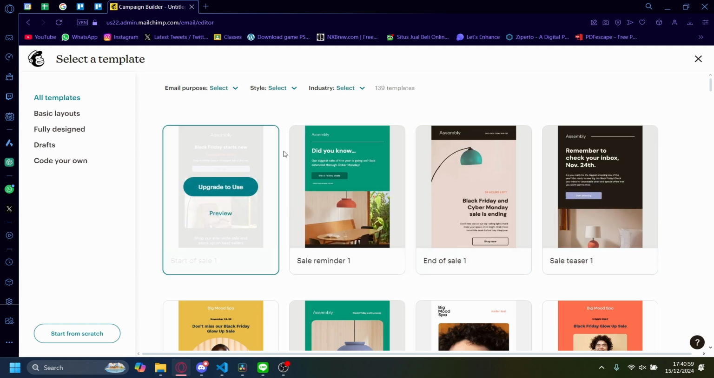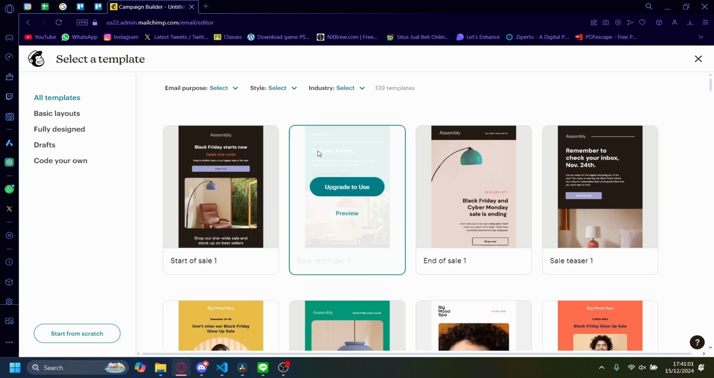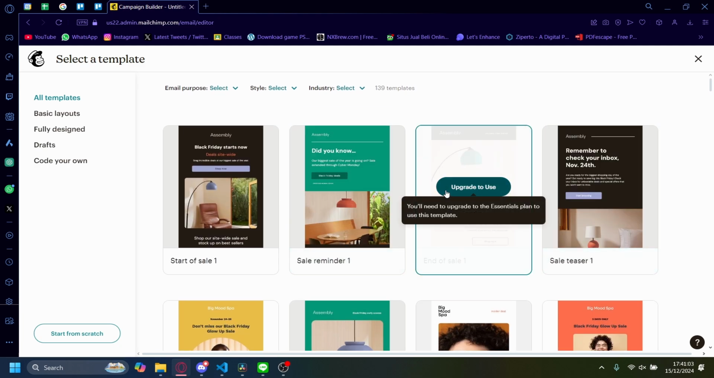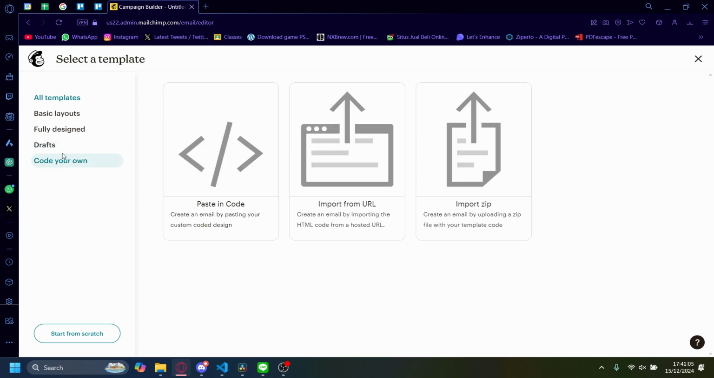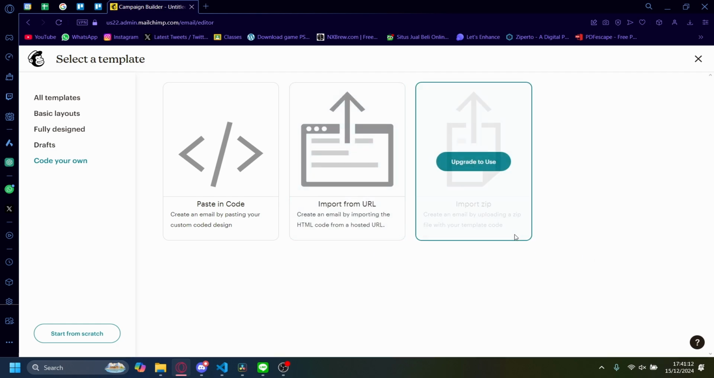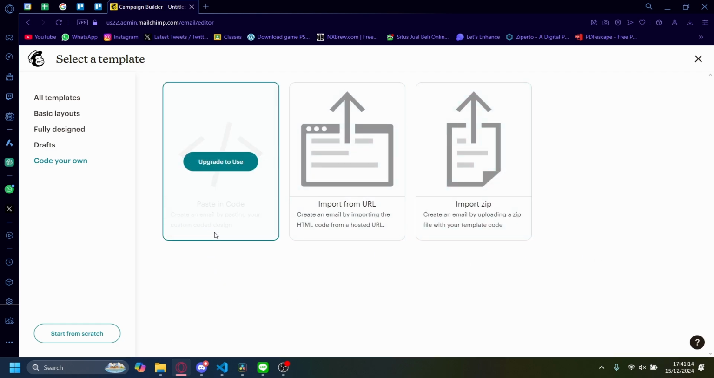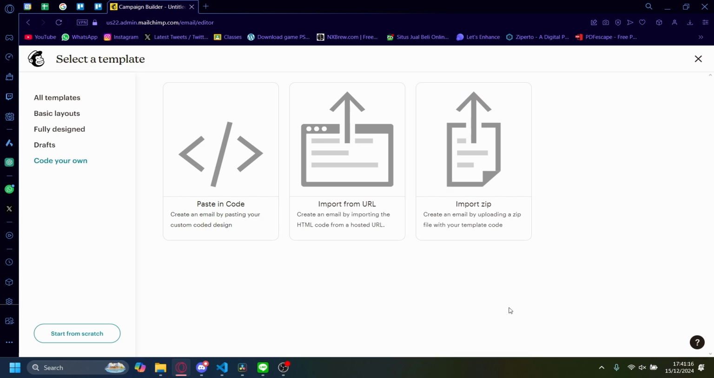And from here, you'll have a couple of templates you can use. But of course, since we want to use HTML, we'll just click on this, code your own. Now, there'll be a couple of options like paste in code, import from URL, and import zip, right? Once you click on any of these, a window will pop up and you can paste in your HTML code